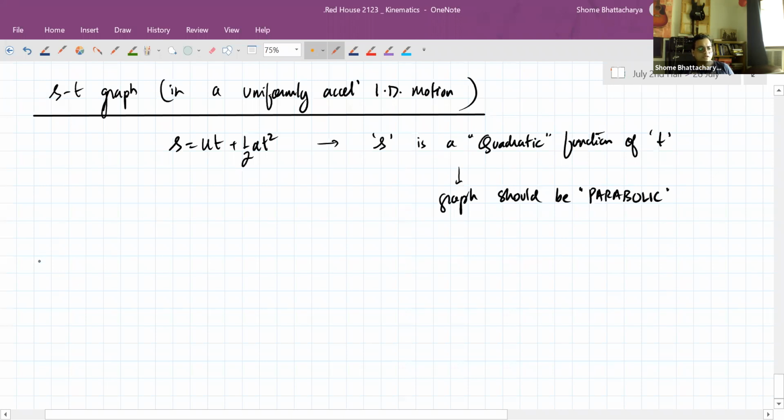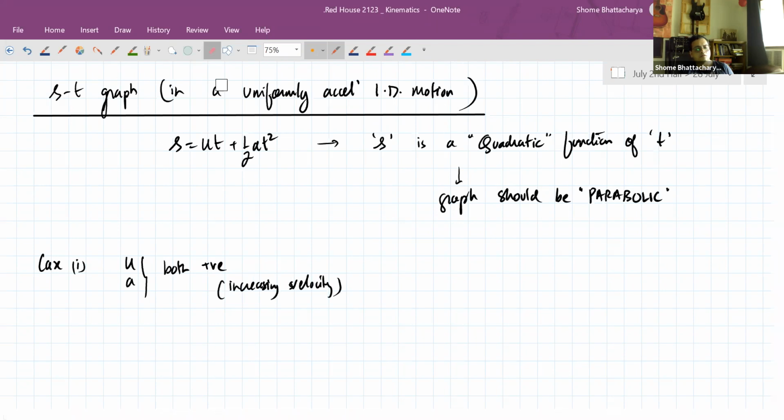Now again, there are two cases. When u and a are both positive, it has increasing velocity. This time, let's draw the graph with an example of